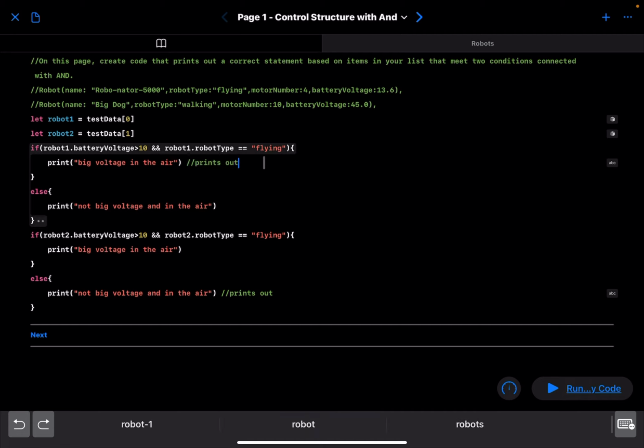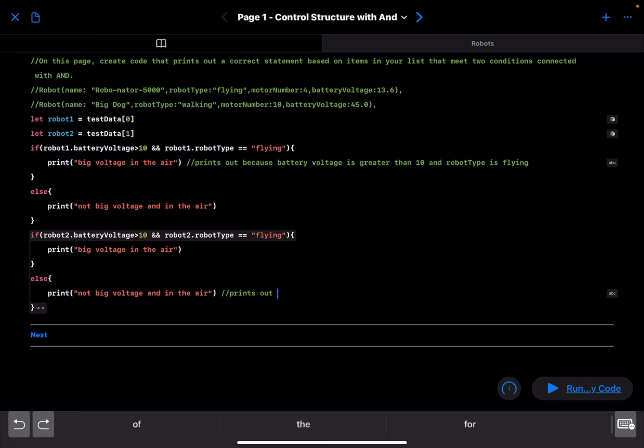One thing I could do to make this even better is say that this prints out because the battery voltage is greater than 10 and the robot type is flying. And I can do a similar explanation for this comment